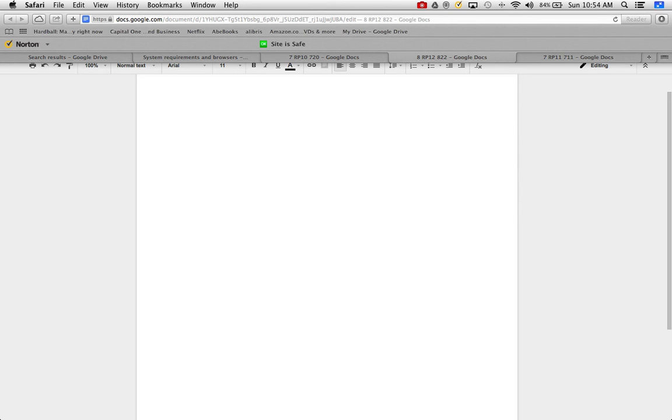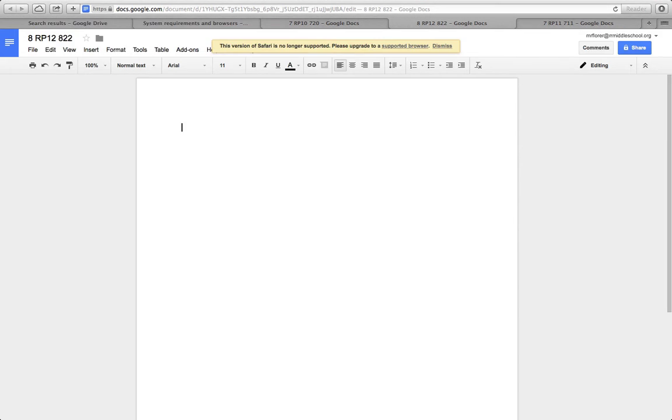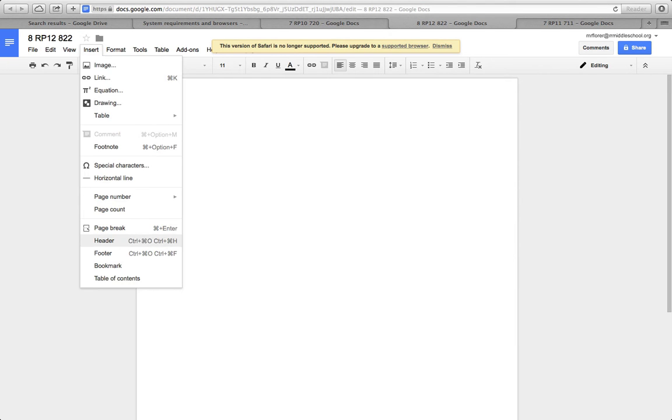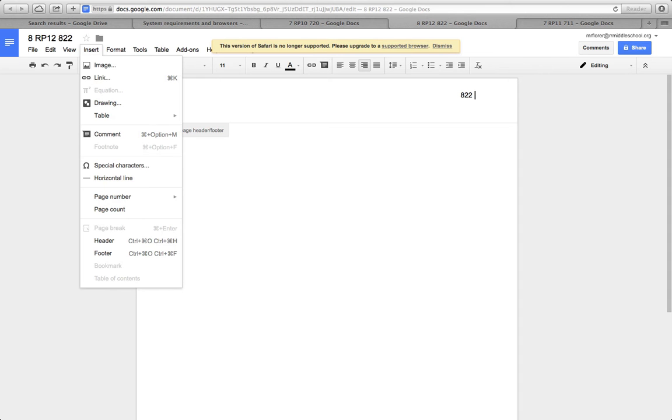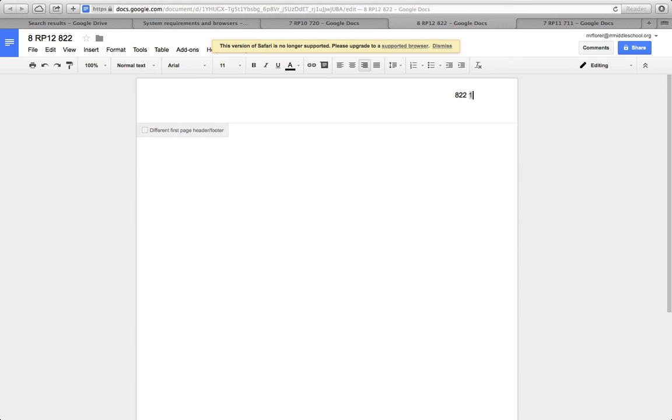The first thing we're going to want to do is go up to Insert so we can put in our header. Go down to Header, click on that. You'll notice the cursor's a little high, so hit the Enter key and then go up here and justify right. Type in your 3-digit number. Hit the space key, go back up to Insert. We're going to want to insert page numbers. We'll take this choice here so we get a 1 on our first page. And so now that everybody has done that,